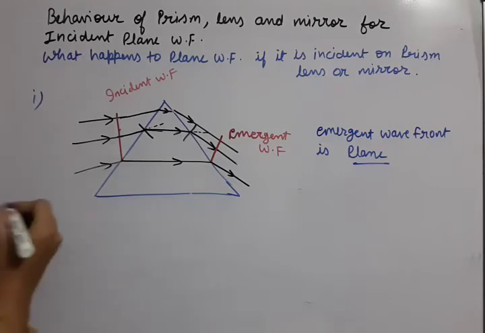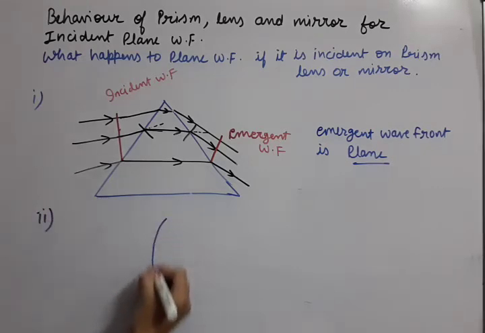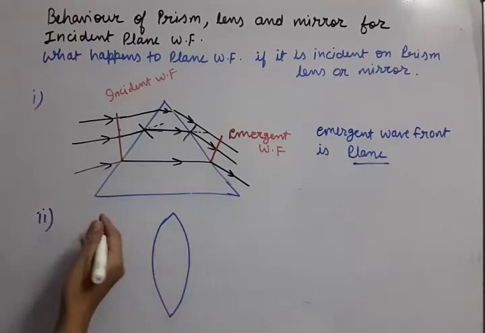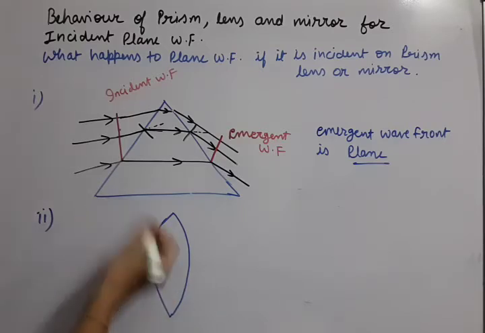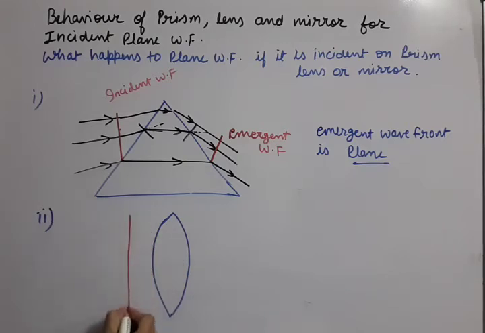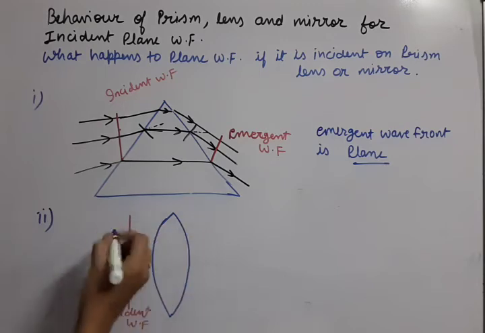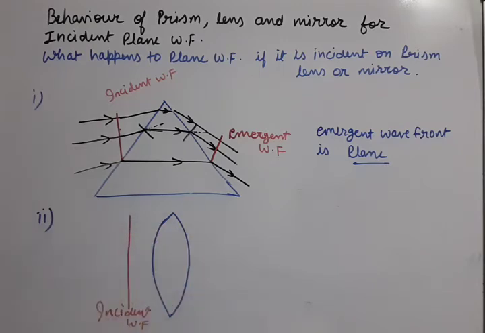Suppose we are firstly taking the convex lens. Okay, this way the convex lens is taken. Now we have to make a plane wavefront incident on it. Making it incident doesn't mean that it should touch. So this is our plane wavefront which is incident on it. This is our incident wavefront. Now we know that the second step is rays. We will draw rays. Rays are normal to the wavefront. So first ray, second ray and third ray. Three rays we will draw.